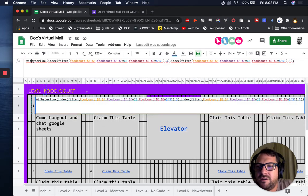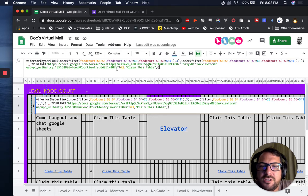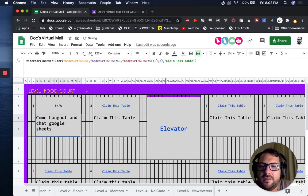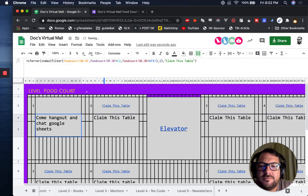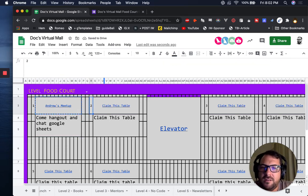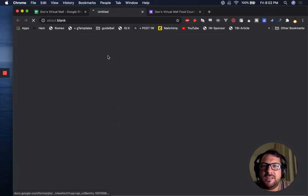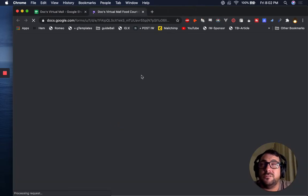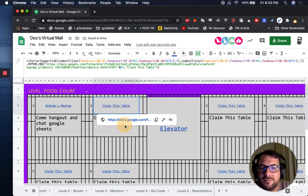And go IFERROR, comma, and now just double check. This is not going to be R3, this should be C3. But oops, we have an error. I think I added one more comma there. Good. All right, so this should still say claim this table. When we click this, it should have level food court table 2. Perfect. We have this done, and now we should be able to